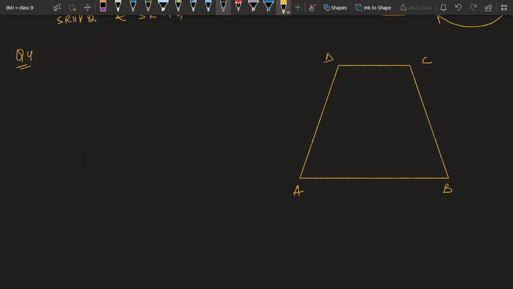So in this, ABCD is a trapezium given. Second thing they are saying is AB is parallel to DC. So it is a trapezium in which AB is parallel to DC. Then they are saying E is midpoint. It is also given to you. So there is a difference. Now you have only one midpoint. In earlier questions you have many midpoints.